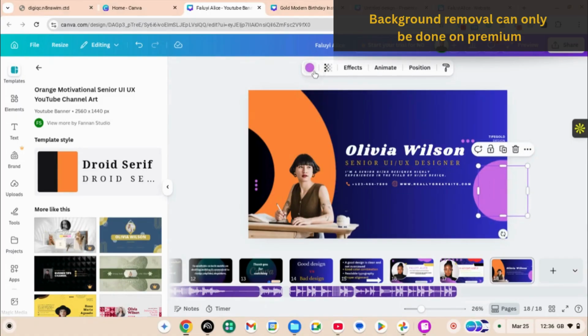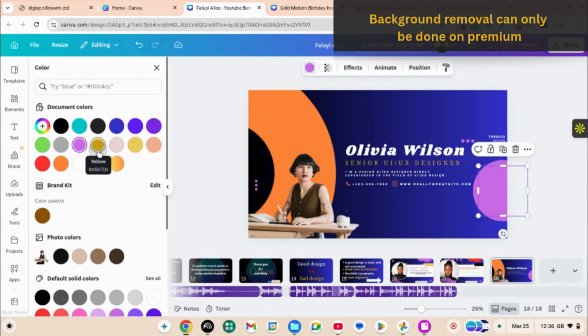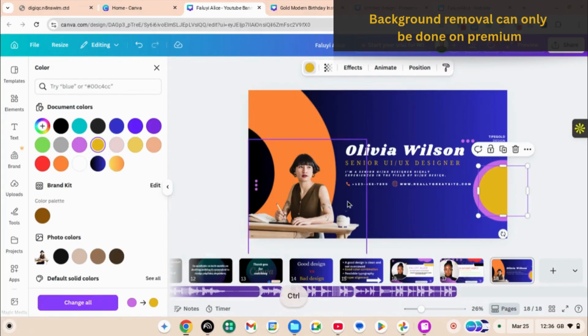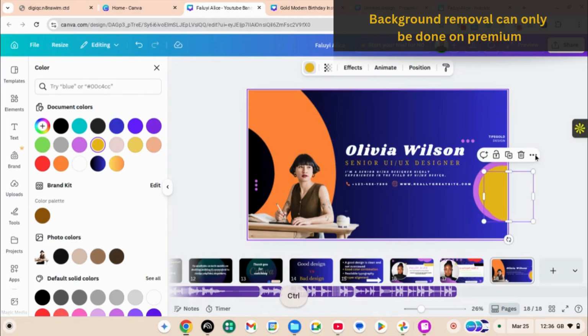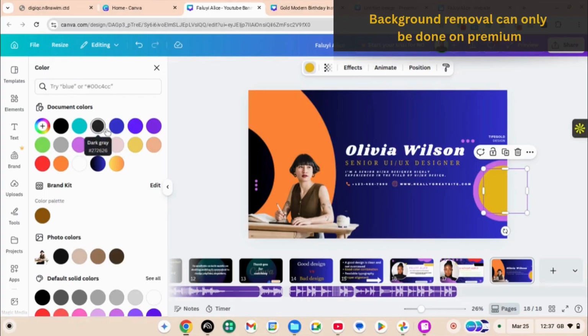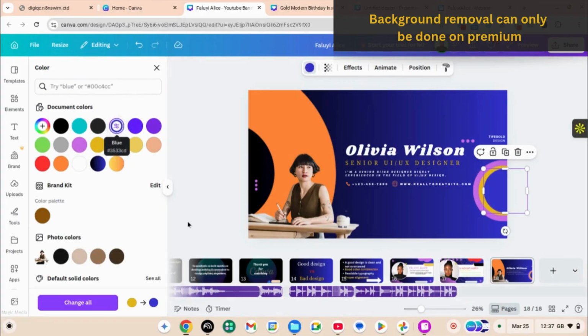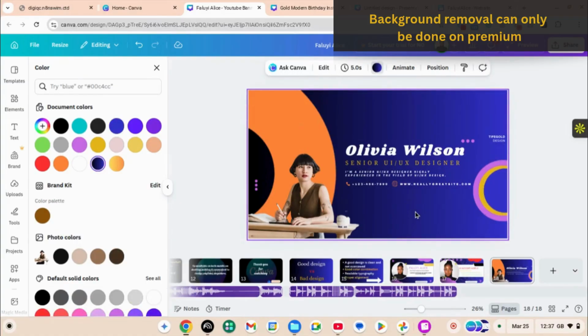Can you see? So you can change almost everything. You can add your own design to it. You see what I'm saying? Can you see what I'm doing? Exactly. So if you want to add any